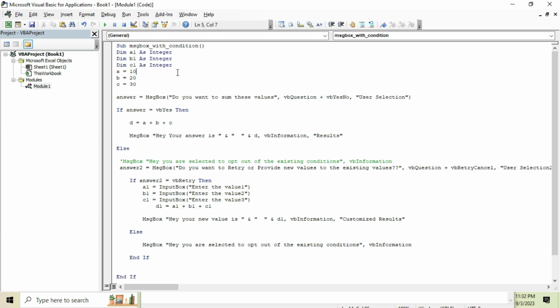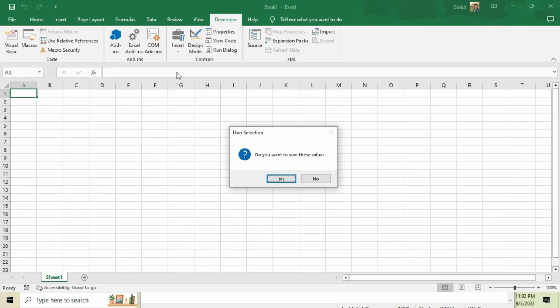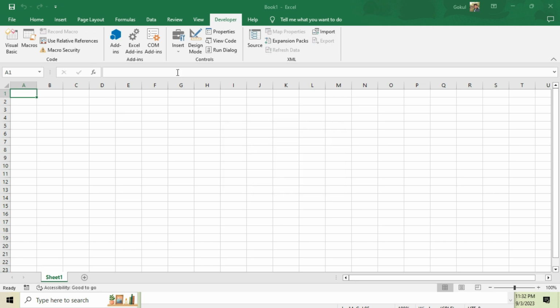Alright, we have done with our code. Let's run the code, execute. Let's execute the program, only the second part, which is VB no, and let's see whether this program is working fine or not. Let's run it step by step so that you can see this is asking me yes or no. Only these two options are available on our message box. I'm selecting no